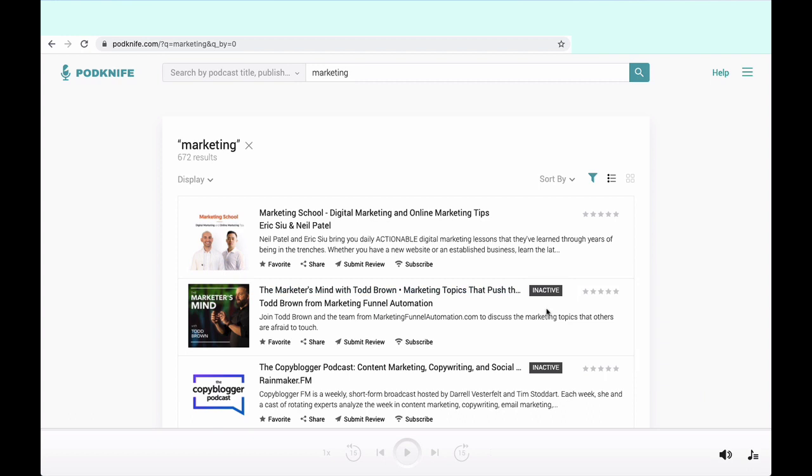Now, these are Podknife's descriptions of what inactive is. Podcasters don't tend to send out a press release or anything like that. So you might see a great show, maybe you follow the podcaster on social media, and you wonder what they're going to do with their podcast. So you still might want to reach out to them. There might be information there, where maybe they're just changing the genre, changing the name, something like that. And you might actually be able to get an interview for a show that's listed as inactive. So this is just another site that can help you narrow down some of these shows, but it doesn't necessarily mean it really is inactive.